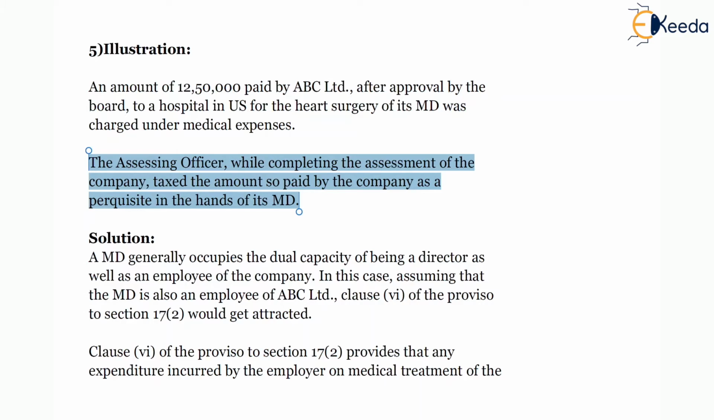So first of all, MD and company, whether there is employer-employee relationship, yes, because a managing director has a dual role wherein he is treated as a director as well as an employee of the company. So there is an employee-employer relationship,